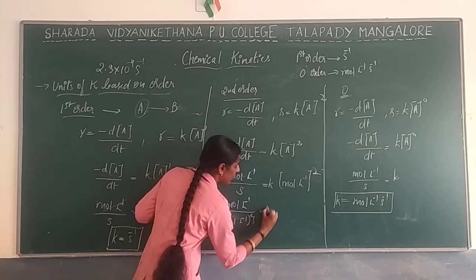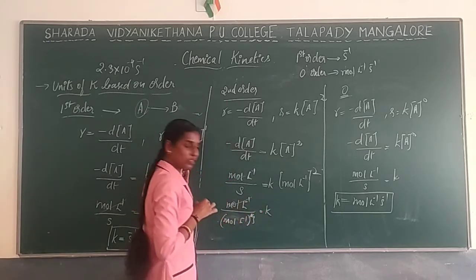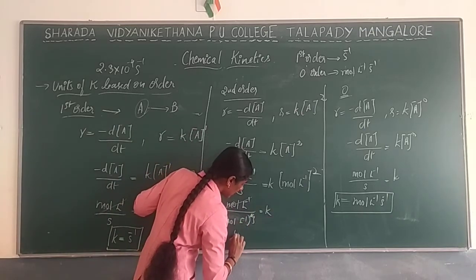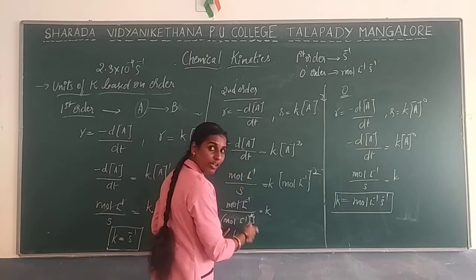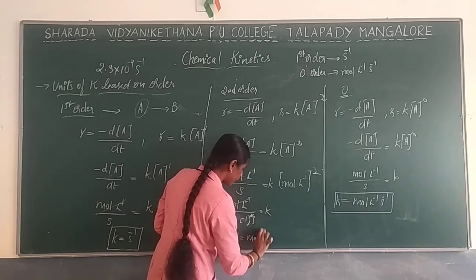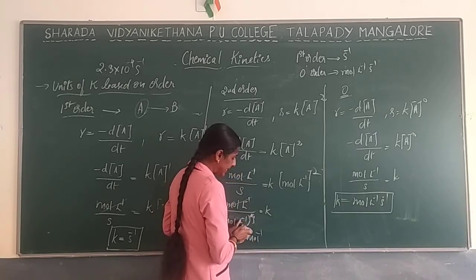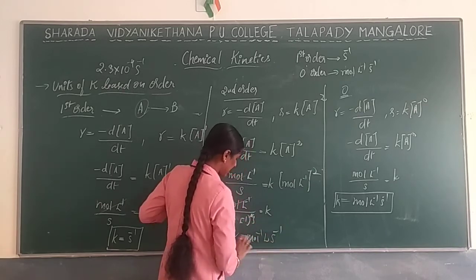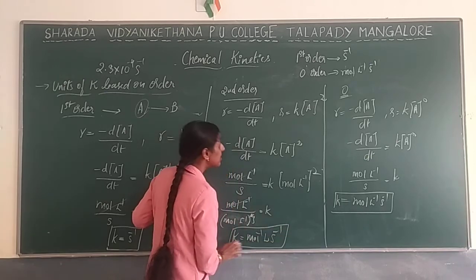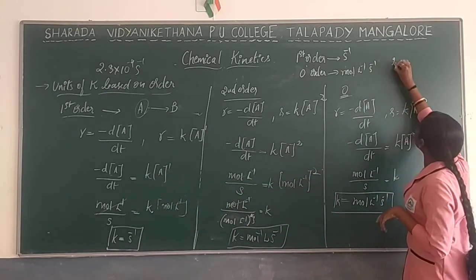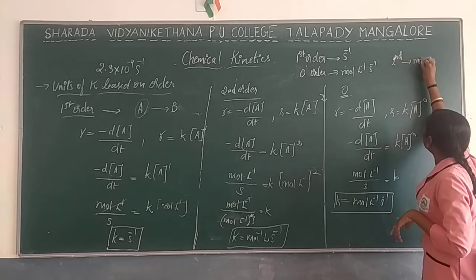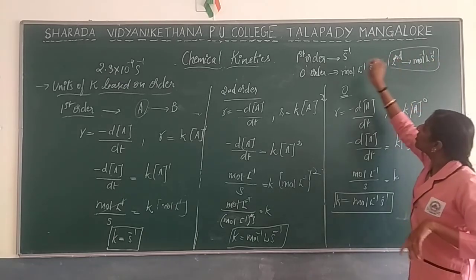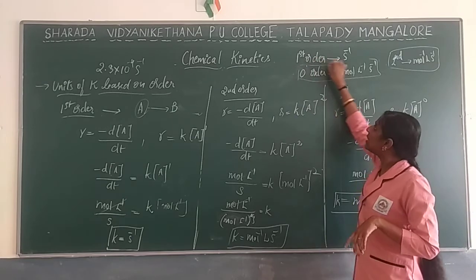Now here it is equal to K. Cancellation will be done with this as well as one of the mole per liter. Whatever contents are there, we are supposed to take it as such. So K is equal to, this is mole, when you take it up it comes as per mole. This is liter per liter, when it goes up it comes as liter. Second, when it goes up it comes as per second. So this will be the unit for second order. Second order comes as per mole liter per second. So this is for second order, this is zero order, and this is for first order.